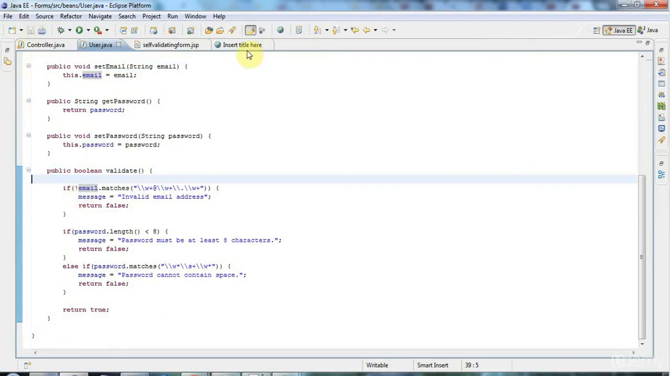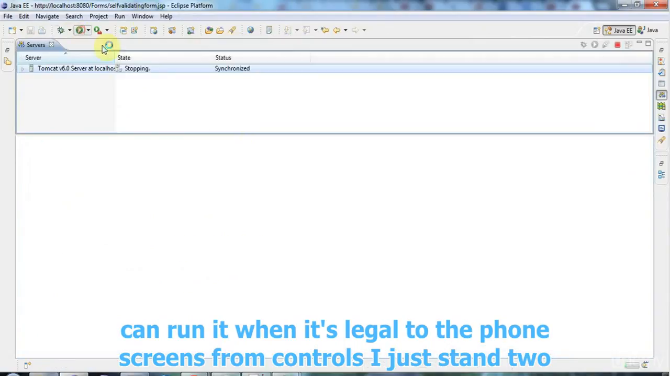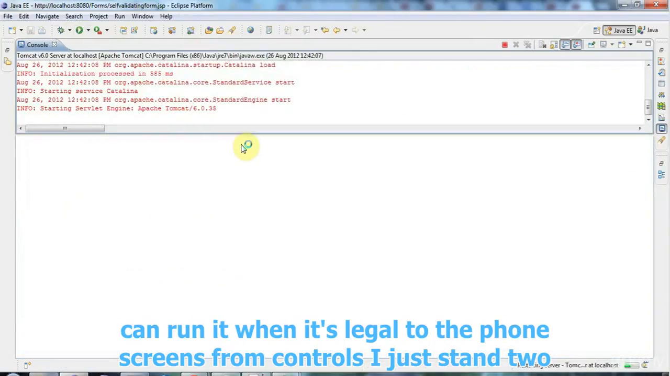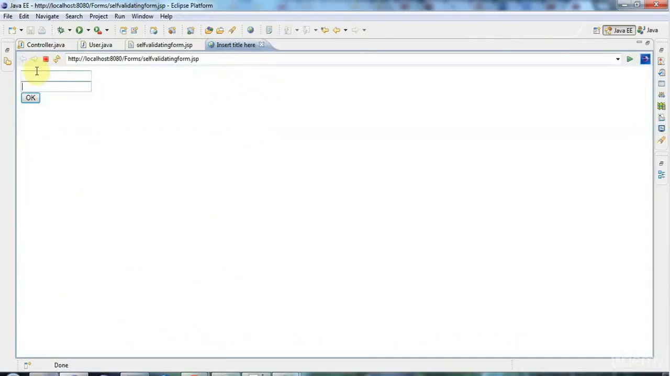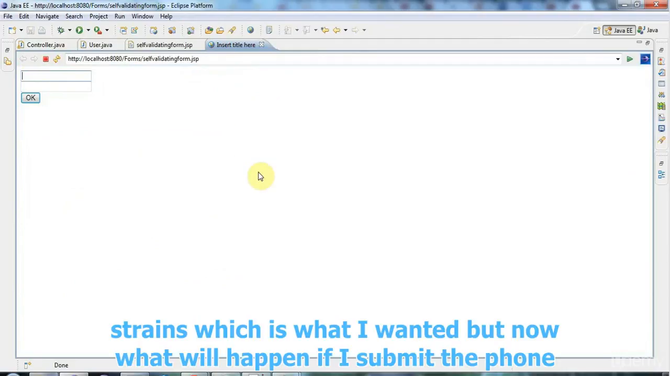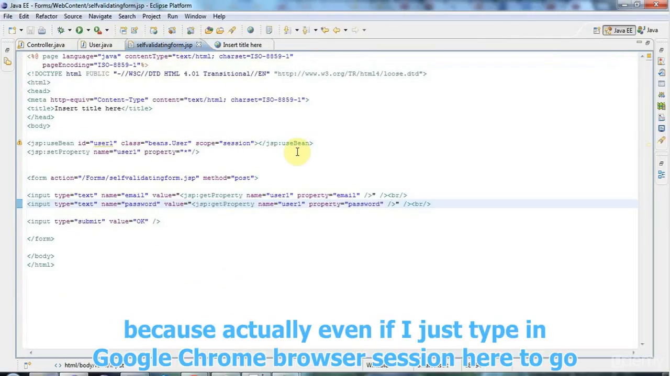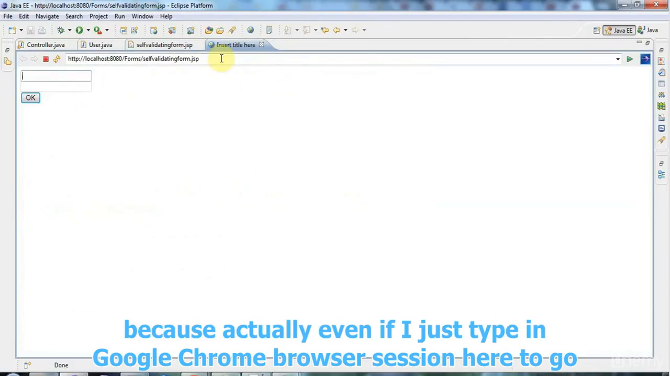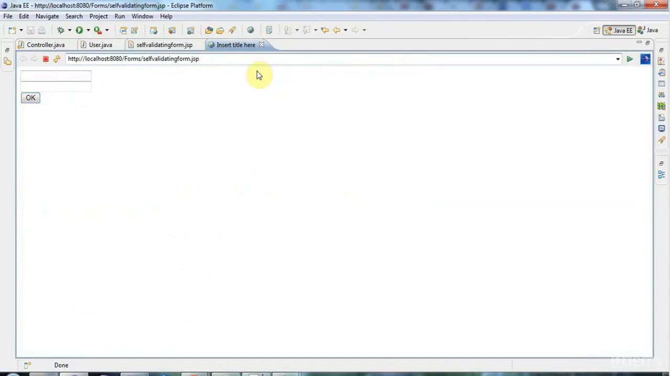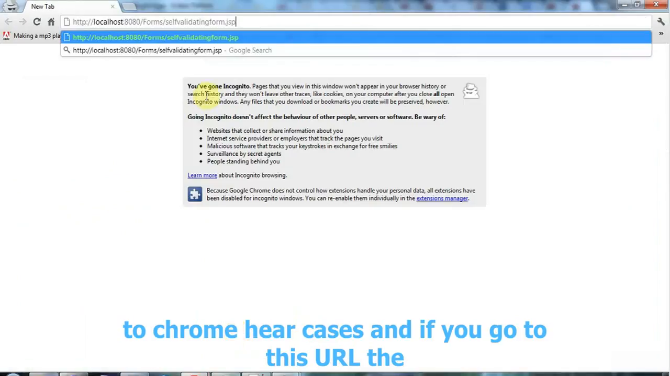And now if I run the form again, let's run it. When I initially go to the form, then the values for these form controls are just empty strings, which is what I wanted. But now look what will happen if I submit the form, because actually even if I just type values for this in the URL, I'll show you this in my Google Chrome browser, because I don't want to mess up the session here. But if I go to Chrome here and I paste this in,